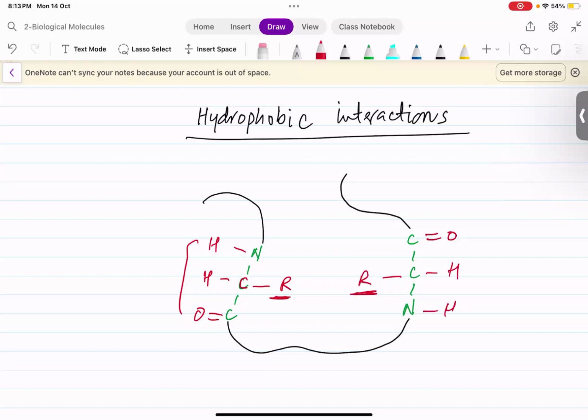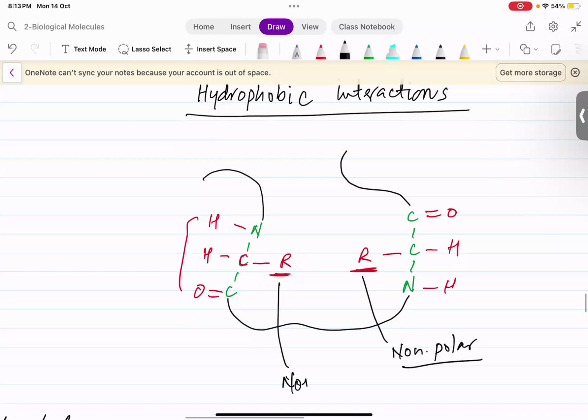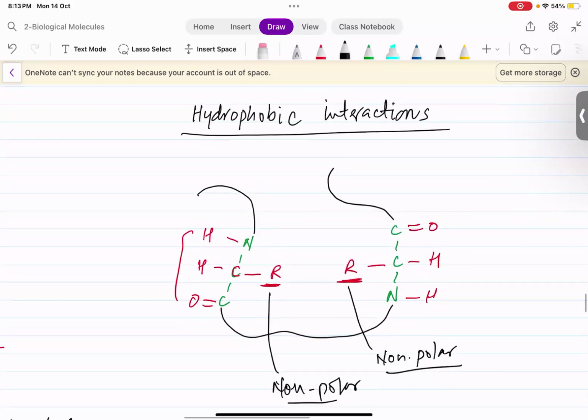So if these two R groups are non-polar, okay, if this is non-polar, means it doesn't have any charge on it, and this is also non-polar. So the forces of attraction in between these two R groups or these amino acids are known as hydrophobic interactions. Okay, so these are the weak bonding in between the non-polar molecules, and these non-polar molecules, R groups, may be represented as